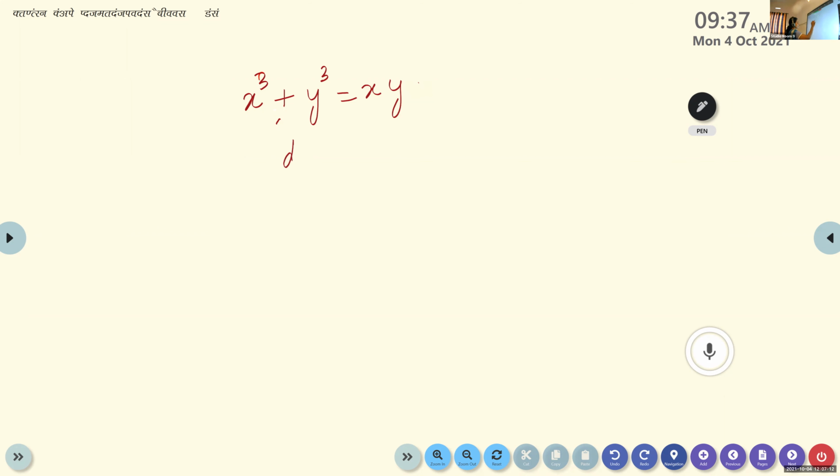What is dy by dx? Those are completed. Give the answer. Ma'am, is it y minus 3x by 3y minus x? y minus 3x square. Check it. By 3y square minus x. Is it correct? Square is there. Oh, yes, ma'am. Okay, write the square. Is it correct? Others got the answer? Yes, Tomlin? Yes, ma'am. Okay.